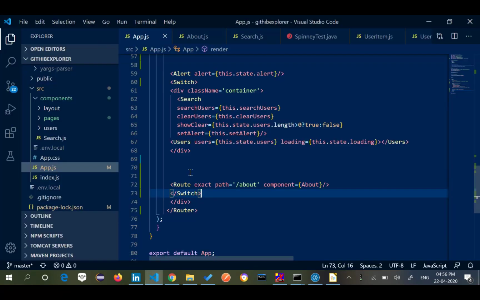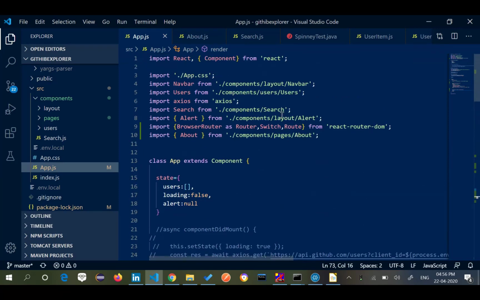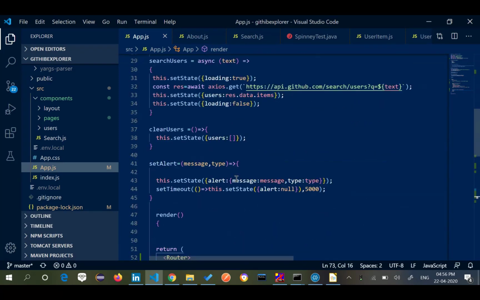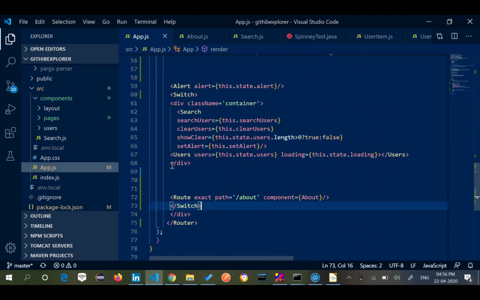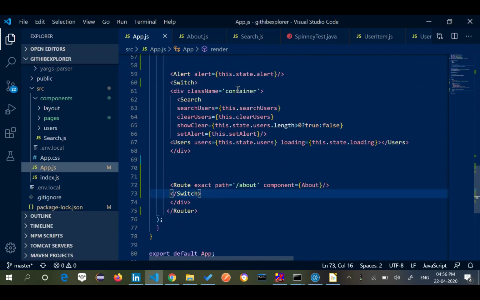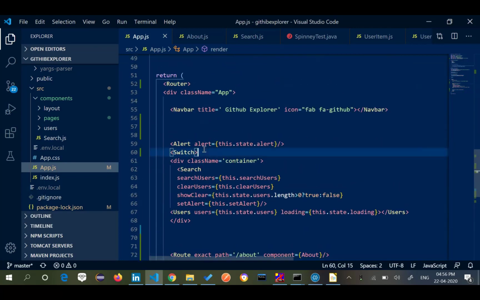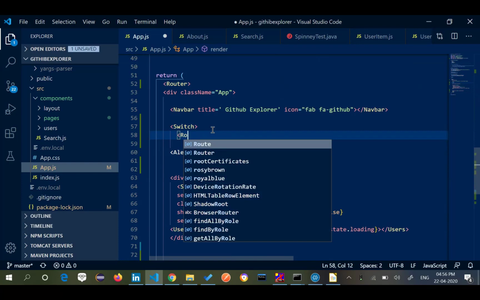So there are two, three things which I made wrong here. First thing first, my about page was getting loaded from somewhere else. Then my router was supposed to start from the top. I was not starting it that way, so I did that. Now, what does this switch do? It will check which is the very first thing it is finding. So whenever I load my page, the first thing I need to start is this particular one.